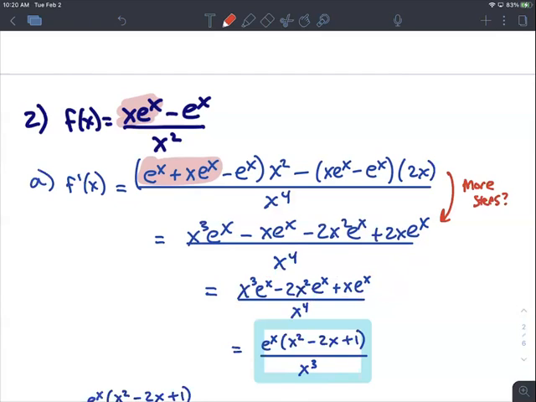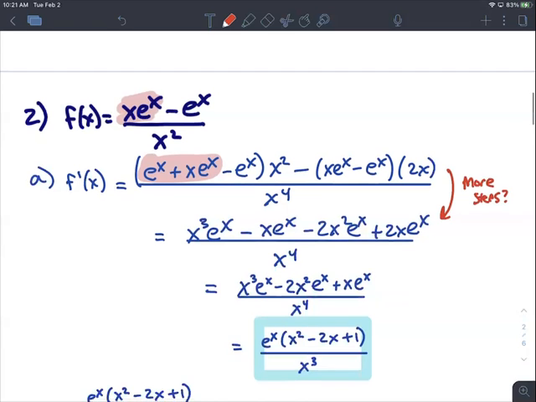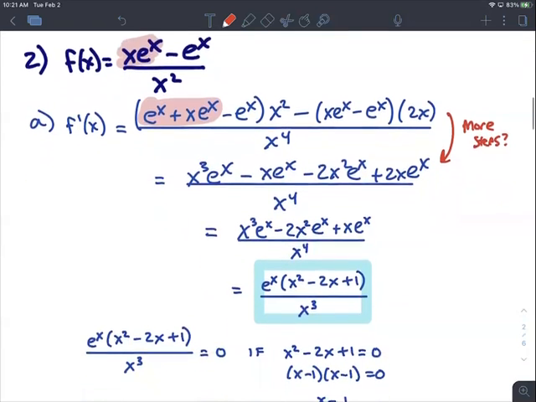Questions about that part? We still need to find the stationary point and all that. And you're asked to find the y value as well. Okay, this is something you guys need to be able to do without a calculator and the kind of thing you're going to have to upload a photo of your work for, right? Okay, moving forward. So now if we set this equal to 0,